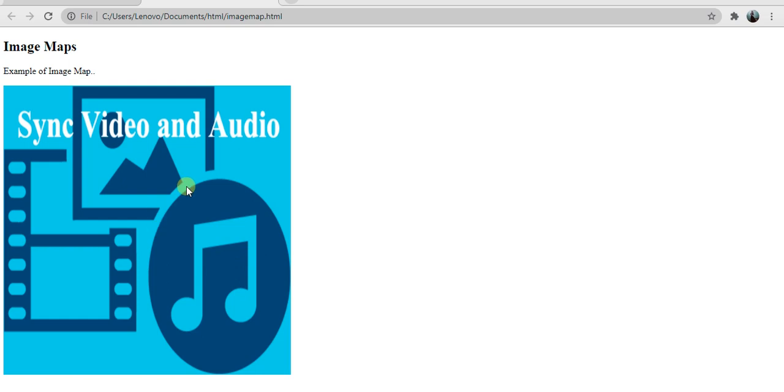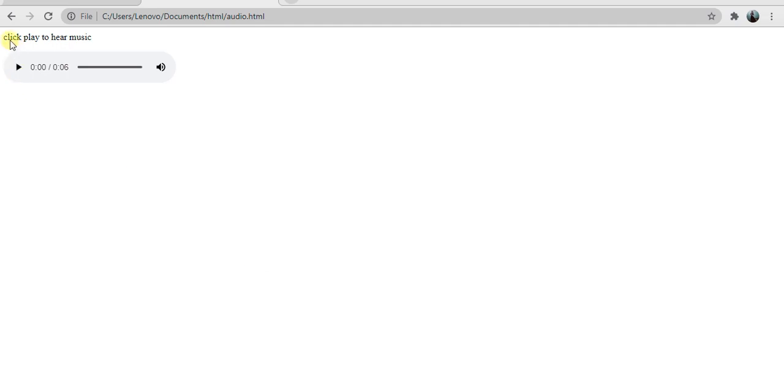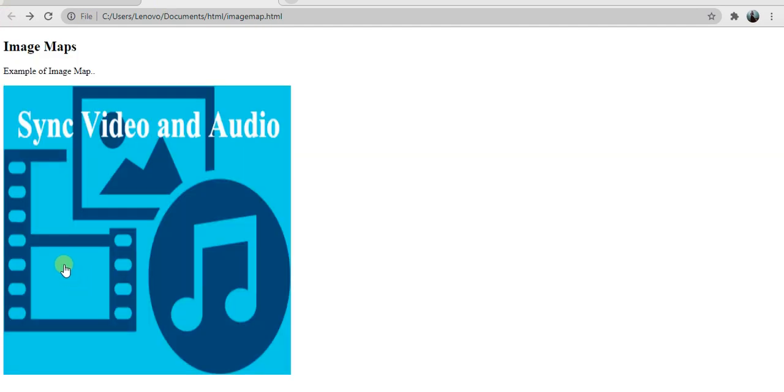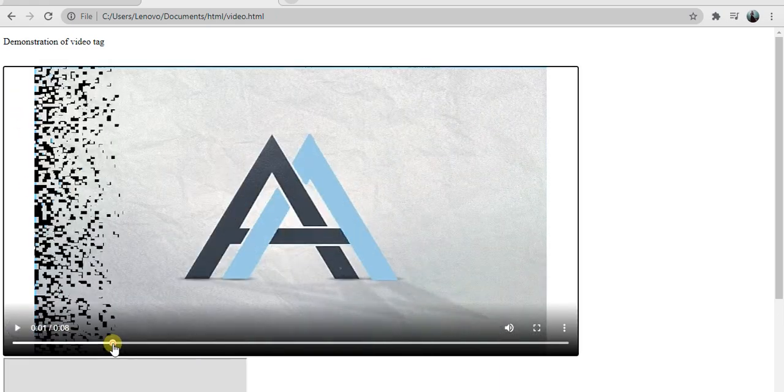In the image, whenever the user clicks the music icon, that means that music space, it will go to the audio file. It plays the audio. Okay, then in the image icon, whenever the user clicks that image space, it will go to image.html. In the video space, it goes to video.html and displays the video.